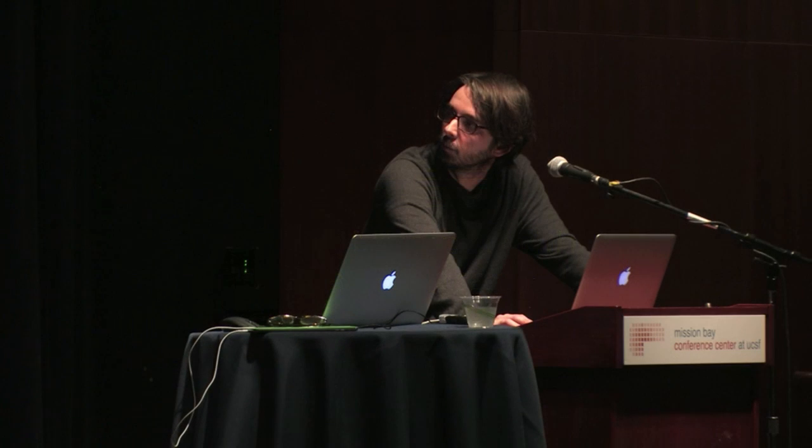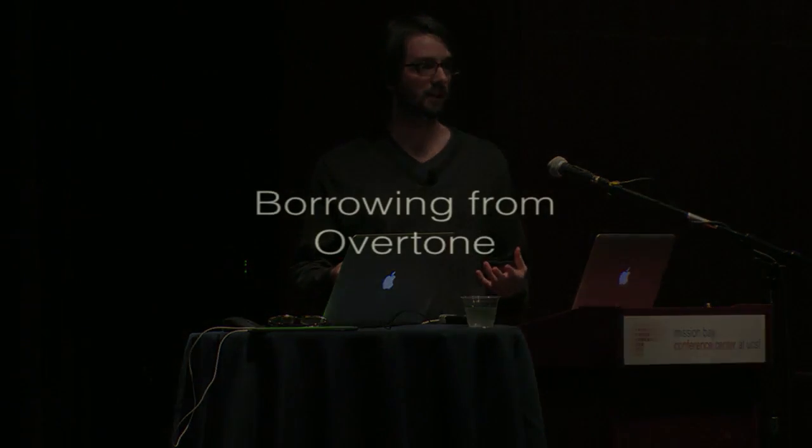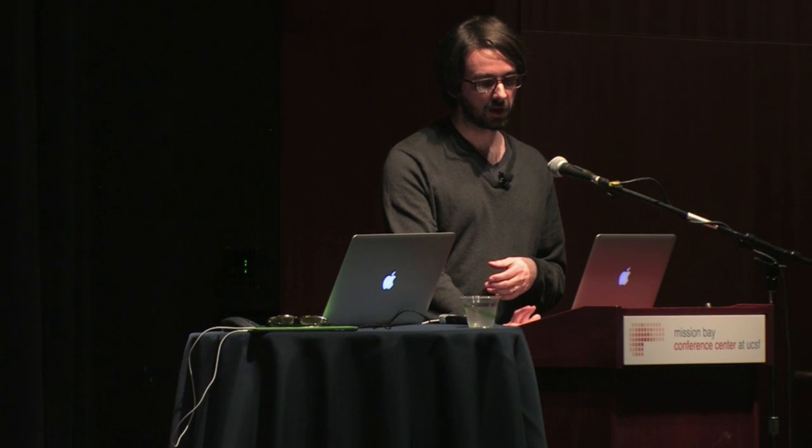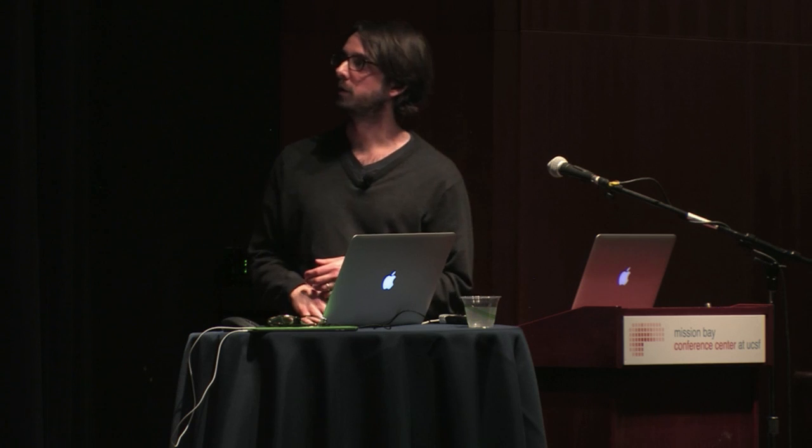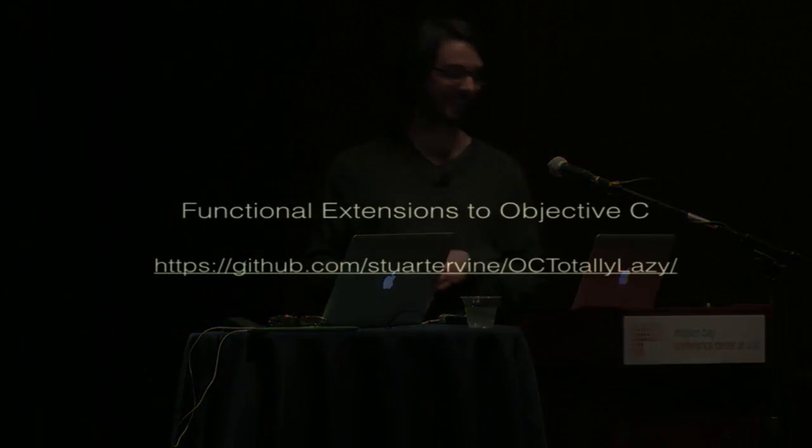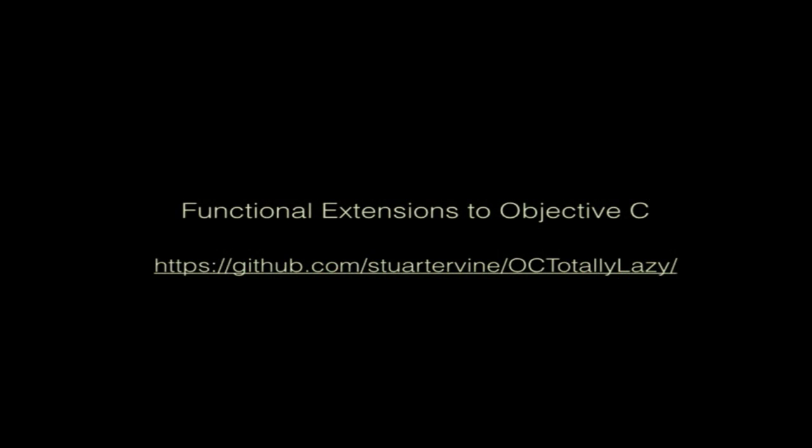So recently I got interested in what's been going on in the Clojure community. There's a project called Overtone, and it's pretty interesting what they're doing. They're making music using Lisp, basically, and they're applying the concepts of functional programming to music. I found a library called OC Totally Lazy, which was really easy to start using to generate lazy sequences,